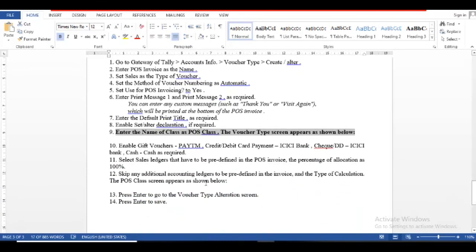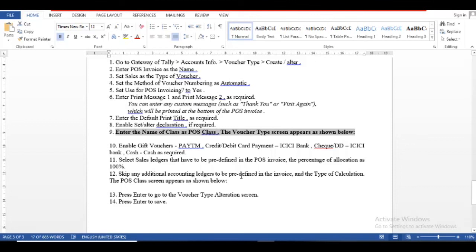Then predefine something. Enable gift voucher as Paytm, which is permanent. Credit card, debit card is ICICI Bank, which is permanent. Check or DD also ICICI Bank. Cash is as cash requires. Okay, and then sales ledger is a 100% allocation.